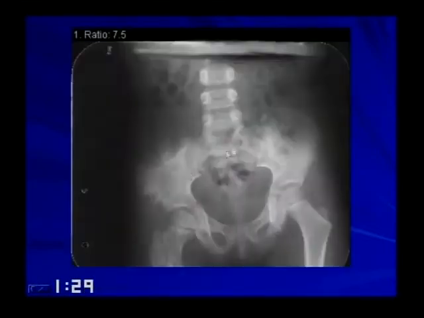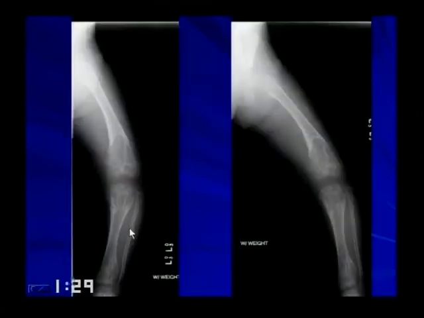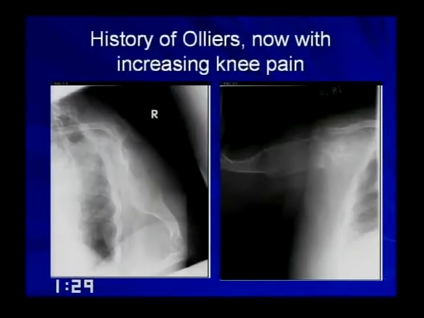This one is an old slide, but shows this growth disturbance in a patient with Ollier's disease. Here's a patient with Ollier's disease with a lesion in the pelvis. This is that same patient with this growth disturbance, these cartilaginous rests that are in the medullary space. Again, you can see how this patient would present with a limb length discrepancy. This is a patient who had this lesion. You can see she had a very short humerus.